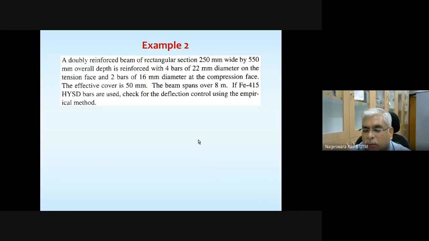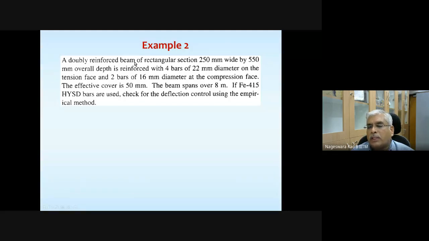And please note that whatever we are doing, we are not actually calculating the exact value of deflection. That we are going to see in a while. We have to use the procedure in Annexure C. We are just making sure whether deflection is within the limits or not, by making sure the span to effective depth ratio limits that are given in the code are satisfied or not. Okay, so take a note of it.